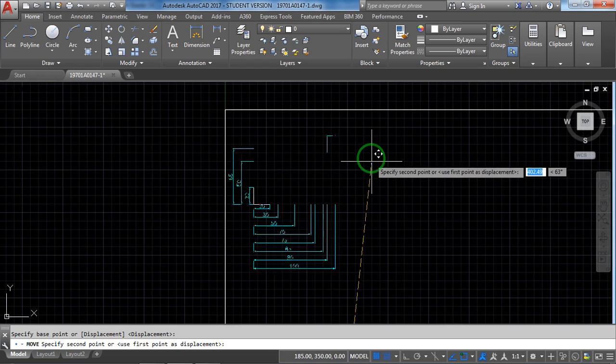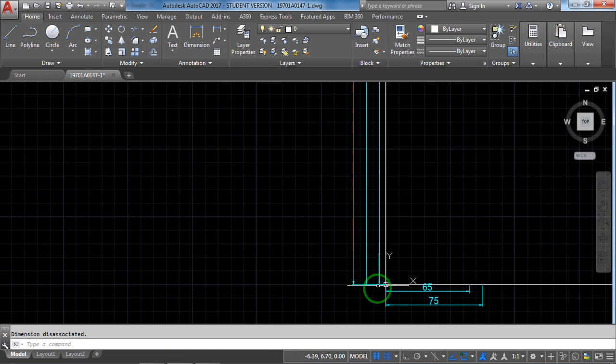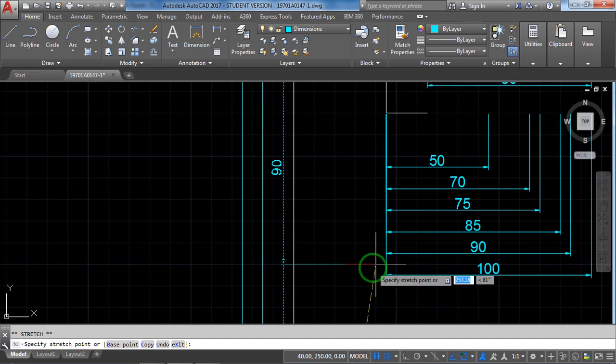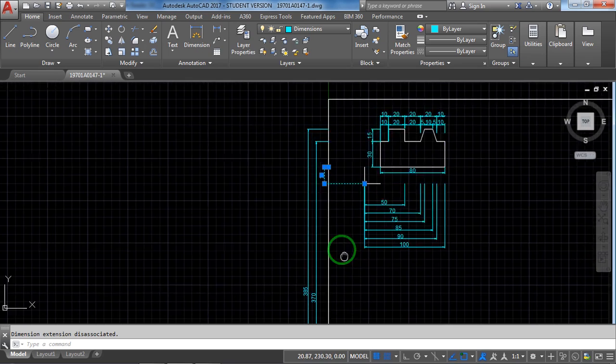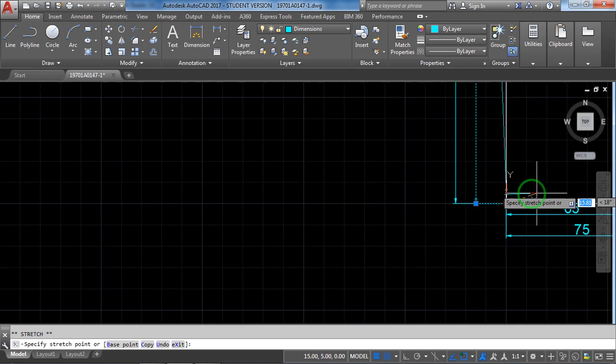Now I'm trying to shift so that they will remain the same. See, you will select each and everything, pick that point, keep it here. Select this, pick that point.